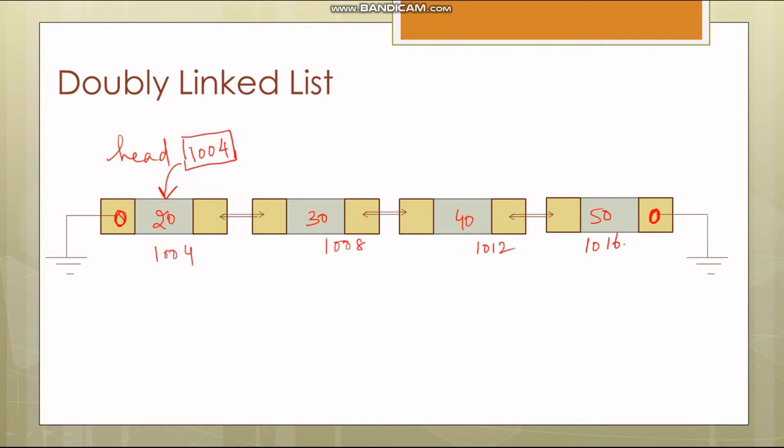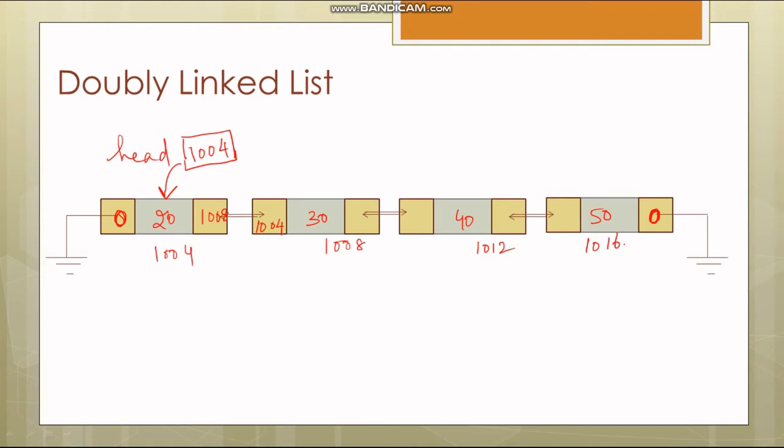Here you can see that the next of the node containing the value 20 will hold the address of the next node, that is 1008. Similarly, 30 in the previous link will hold the value 1004.